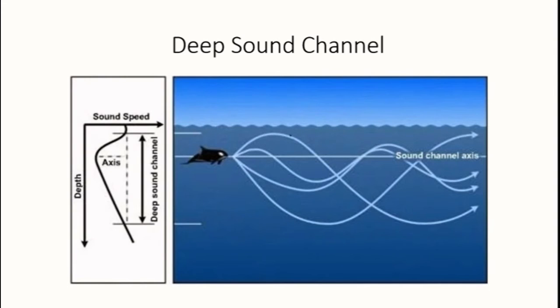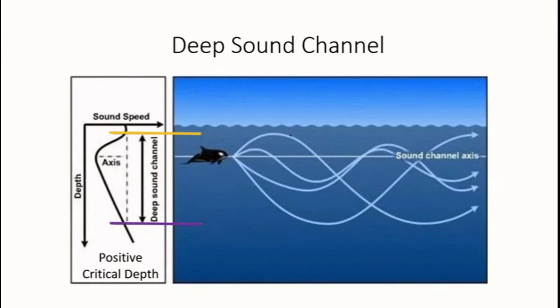But what is the boundary of the deep sound channel? There needs to be a condition for the deep sound channel to support long-range propagation of sound waves, and that is the critical depth. A positive critical depth is where the sound speed at the bottom exceeds or equals the sound speed at the surface. This denotes the upper limit of the deep sound channel in yellow, while the other denotes the lower limit of the deep sound channel in purple.